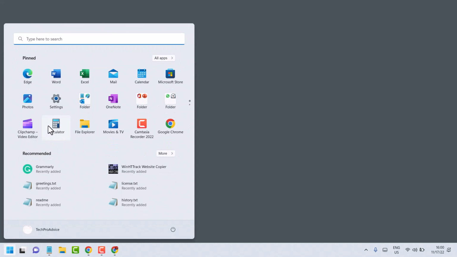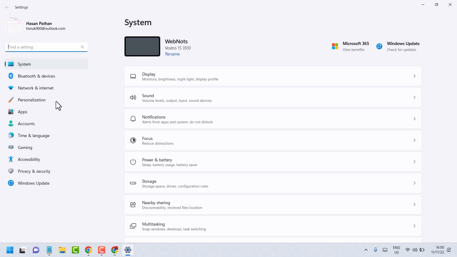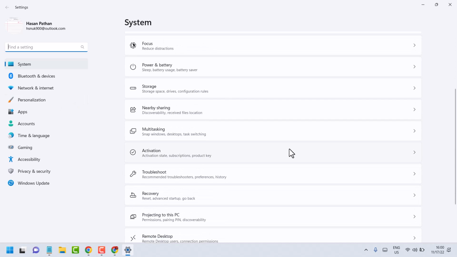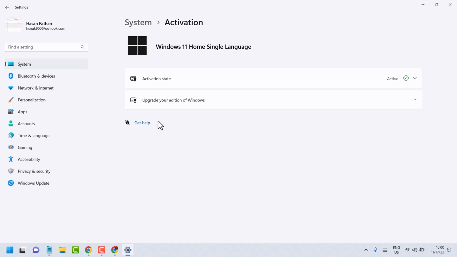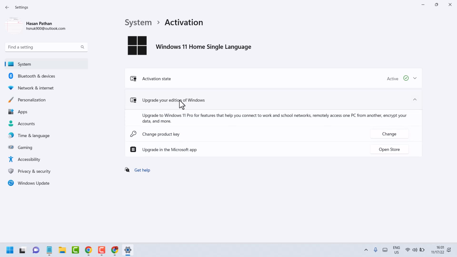Click on Start, then Settings. Now here, guys, you have to click on Activation. Now here click on Upgrade. Now here click on Upgrade your edition of Windows. Now here click on